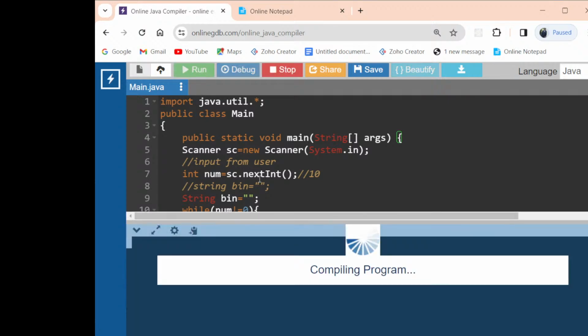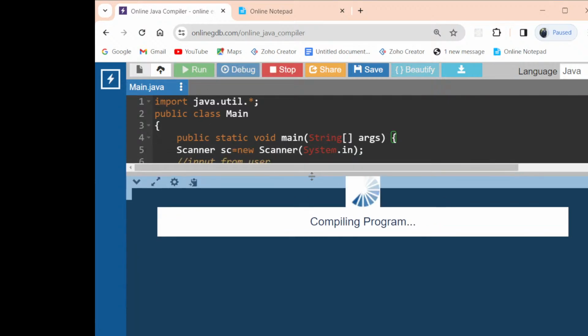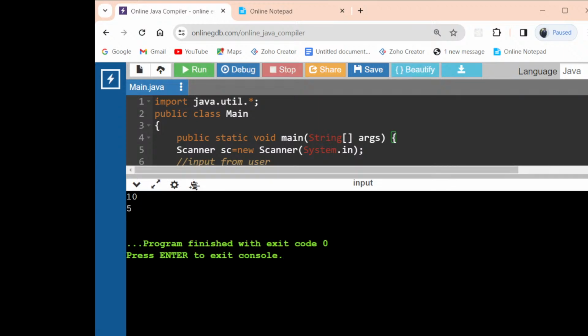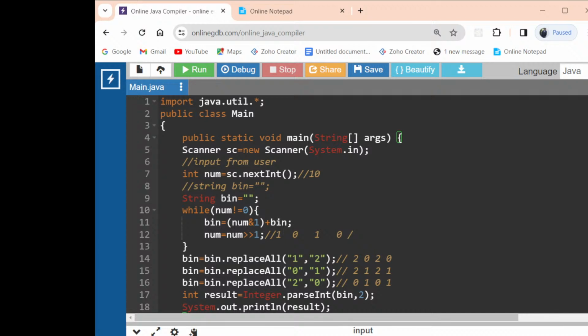Got it? If you're running it, let's check if there are any errors. Let's just run the program, and I'm giving 10. You can see the output, which is 5. Got it? So it would happen in all of the scenarios. This is what is happening. Got it? So let me just